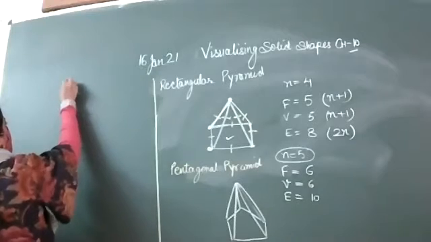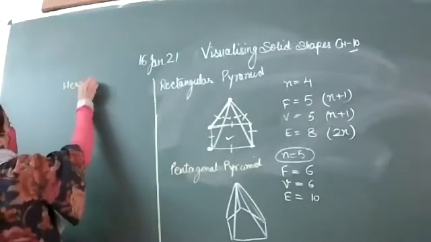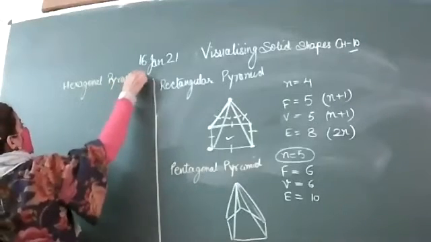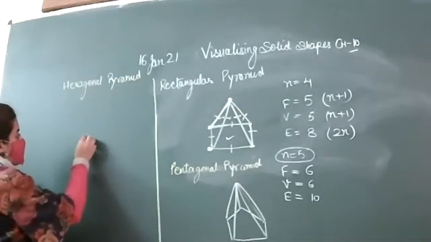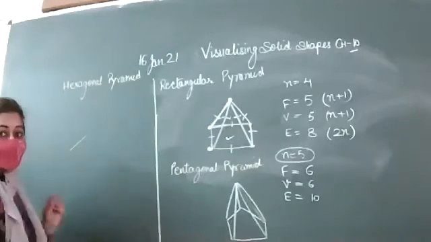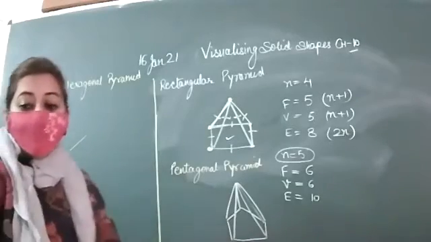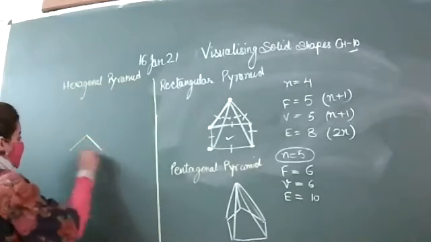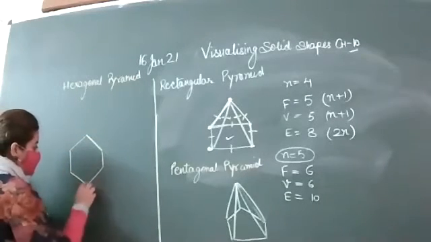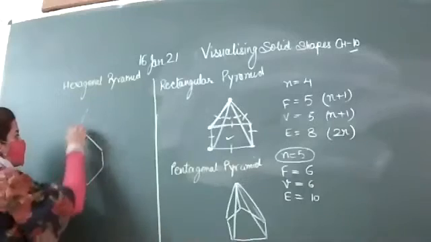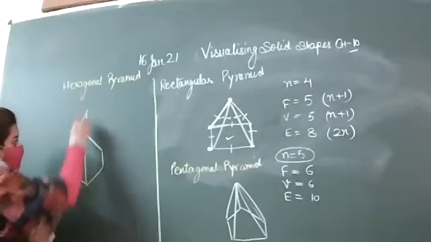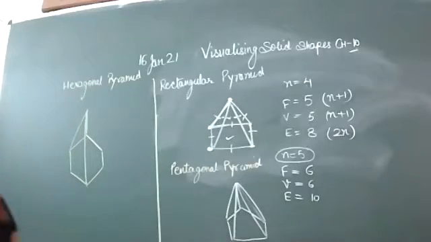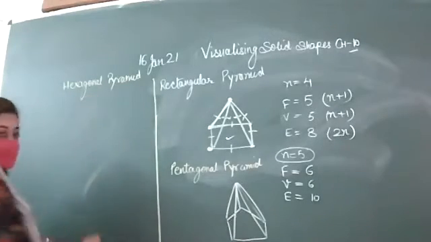Next is your hexagonal pyramid. So in case of hexagonal pyramid, you will draw a hexagon here. But now, listen one thing. If you draw a hexagon in the vertical manner, then there will be one problem. Suppose I have drawn this in this manner. If you take one common vertex here, if you join all, this will overlap this line. So better to draw the hexagon in some another manner.